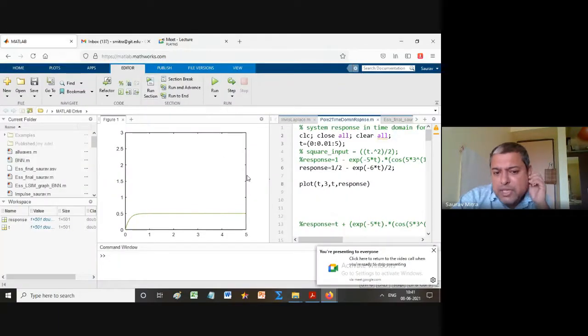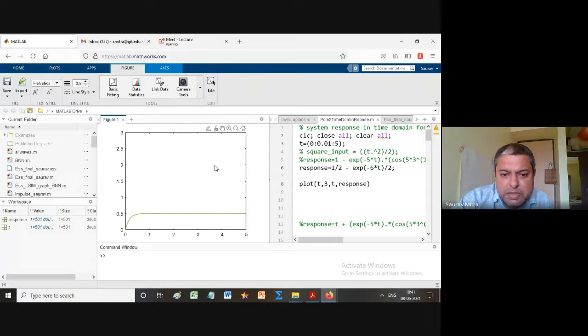Okay, so now how much is the output? Now output is actually 0.5. As I have taken input as 3 times, so output also has become 3 times. So it is nothing but a very linear relationship. Now the input is 3 of ut, which is here 3, and output is 0.5. So now the output has reached steady state.